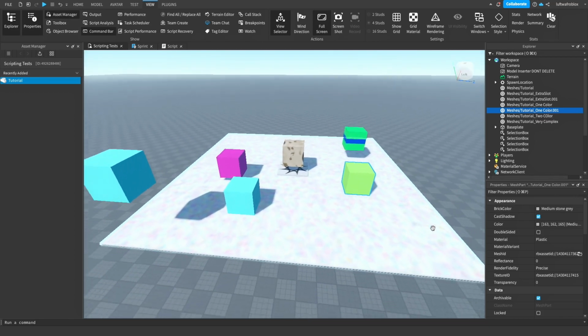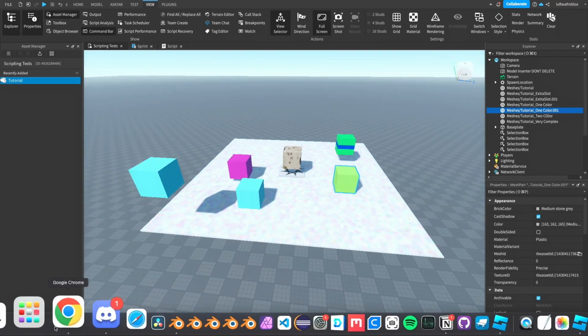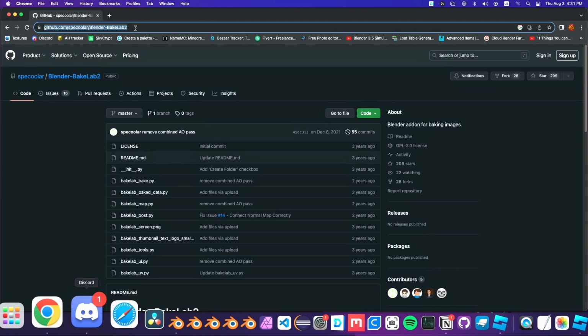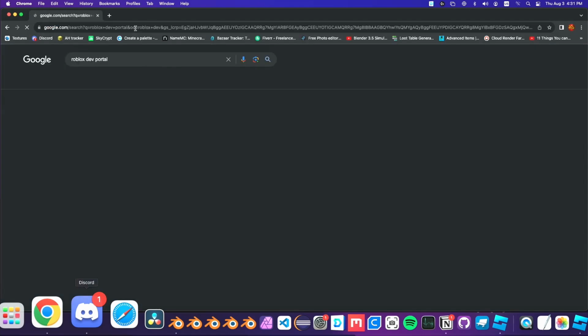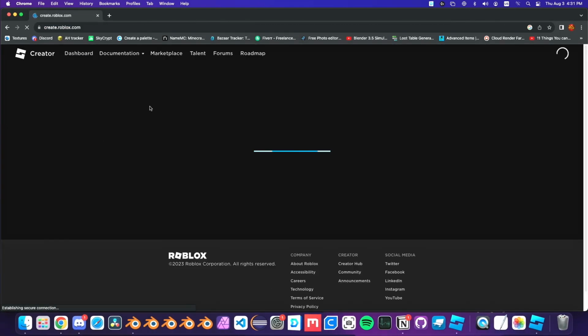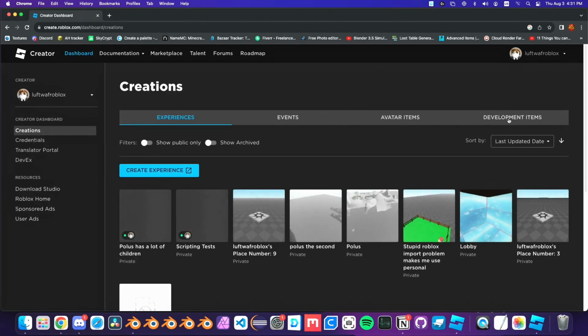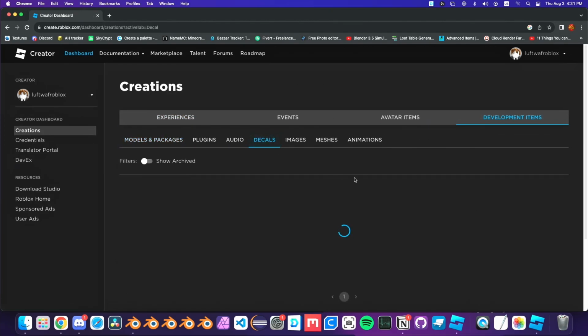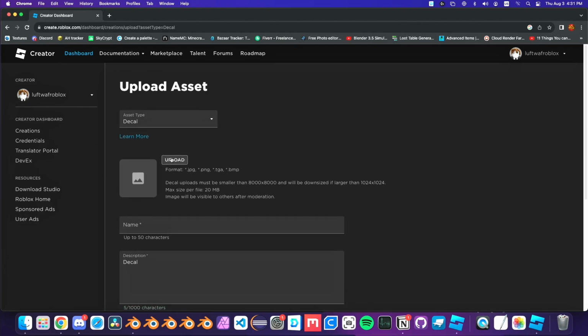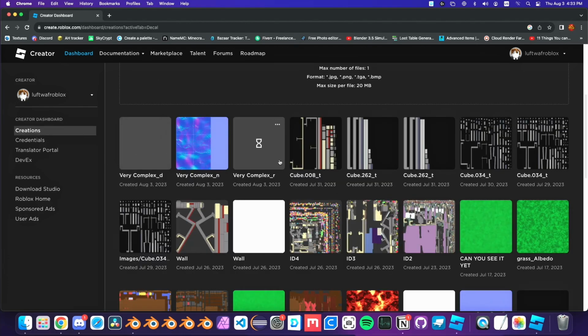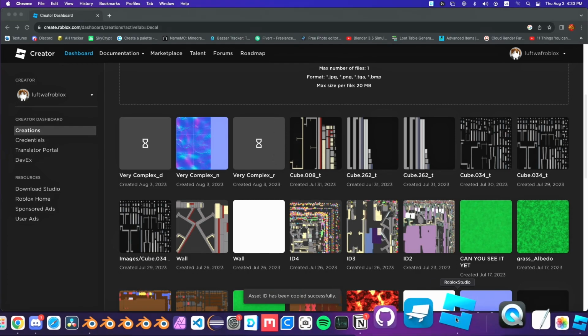So what you're going to do is, since you've saved all these maps, you're going to go into the Roblox dev portal or the creator hub, and you're going to go development items, decals, and you're going to upload asset. So once you have imported all the extra ones that aren't diffuse, or you should also probably import diffuse, once you have done that, you can copy the ID, for example, the roughness first, and go back